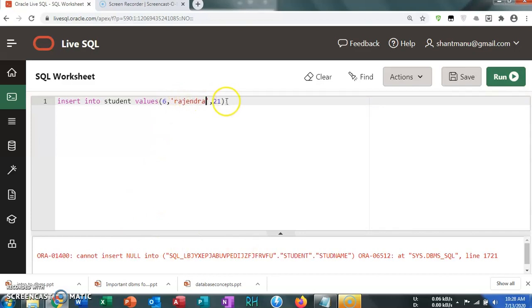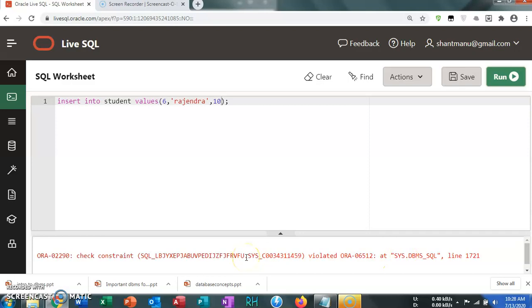Now suppose I am inserting a record that has a student age of 10, and we have given a constraint on that student age. The value should be between 15 and 40, and we are going to insert 10 as a value. So it is not valid. While running that particular command, it also shows an error: check constraint violated.